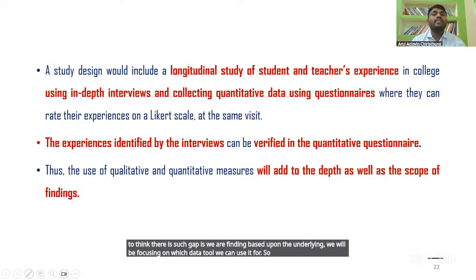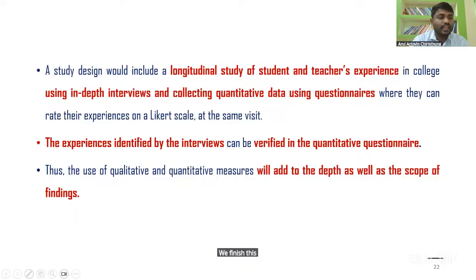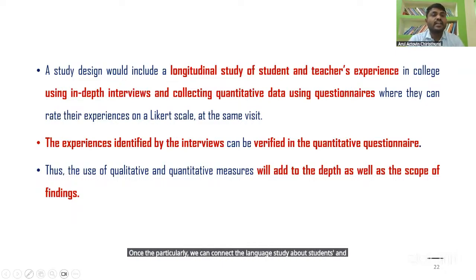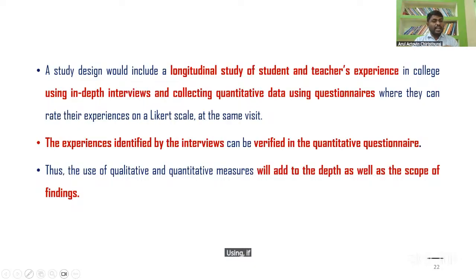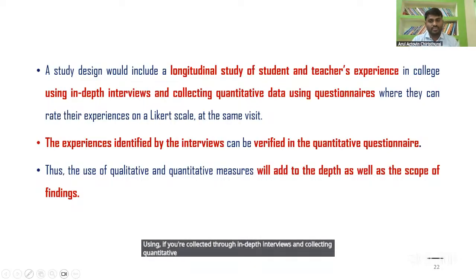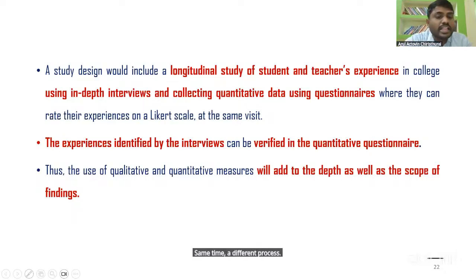Once we finish this, we can go for the experiences. We can connect the longitudinal study of students' and teachers' experiences, collected through in-depth interviews and through quantitative data collection using a questionnaire. We collected them at the same time, by different processes. Then the experiences identified by the interviews can be verified in the quantitative questionnaire.